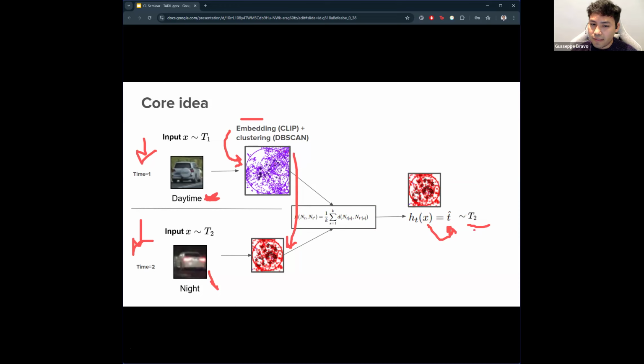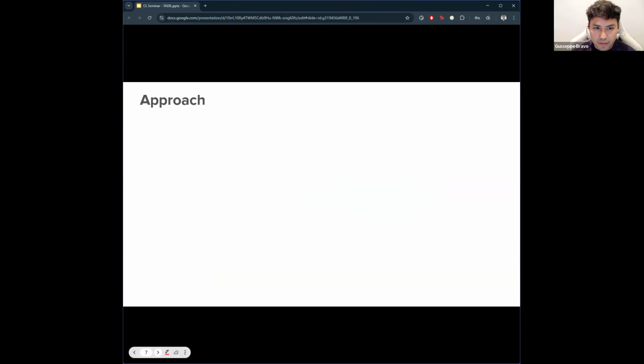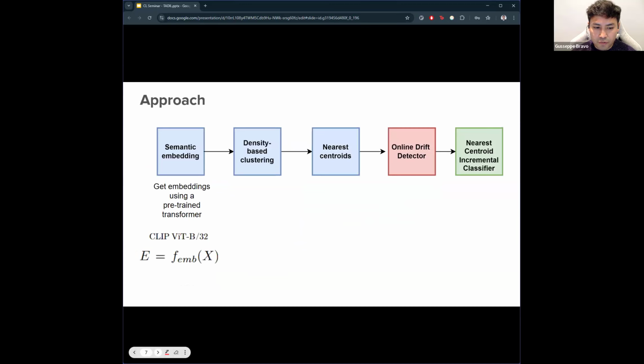If we have this, we can give it to the original base model, and we do it over time. So this is the approach. We just have this embedding step. We use CLIP, but we can use any other model.